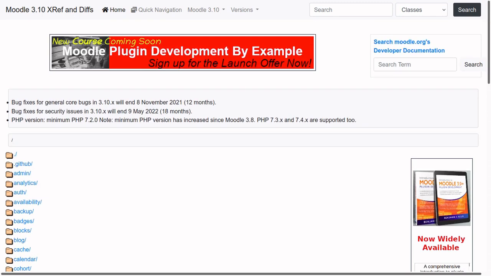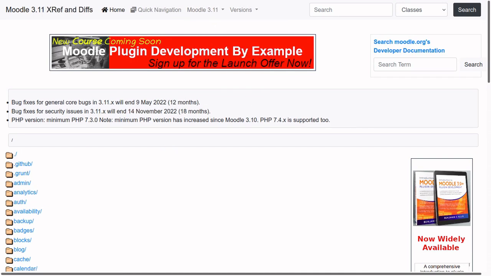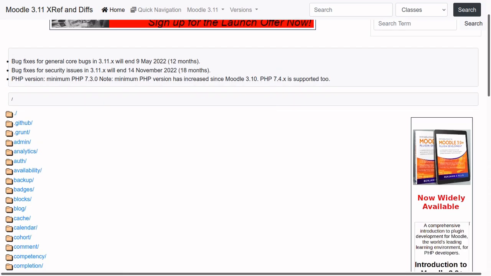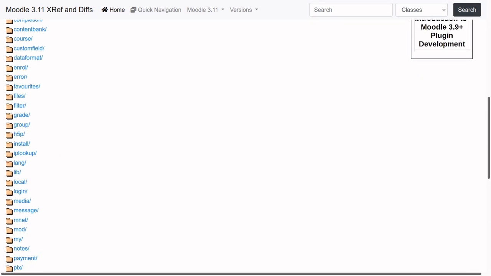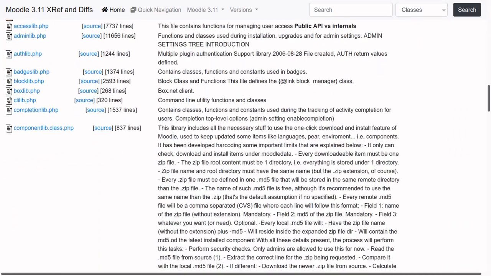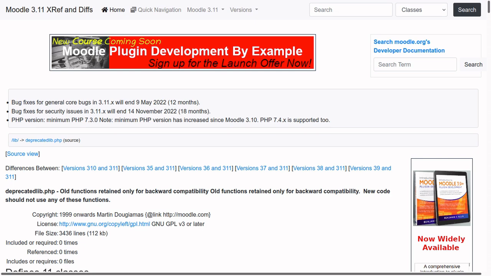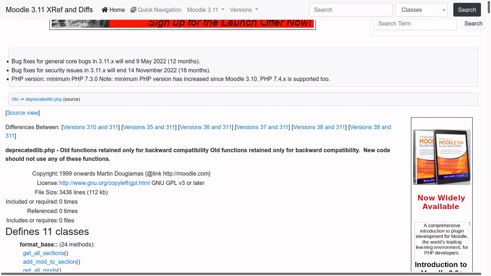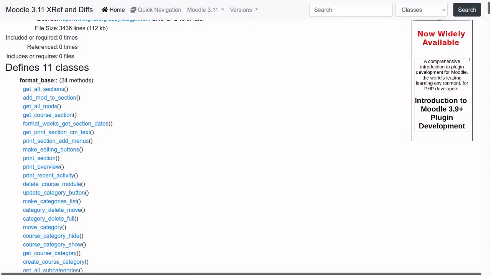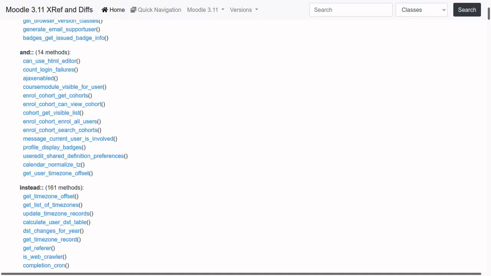Okay, so what makes this one slightly different? Well, the difference is that you can also look at differences between the different versions. So if I swing into version 3.11, and let's find a file that will have changed quite considerably between versions, the one I can think of is deprecated lib, because every version of Moodle there's some kind of deprecation going on. So on this page, which also gives you a summary of the classes and the functions that are defined in the particular file, you can see there,